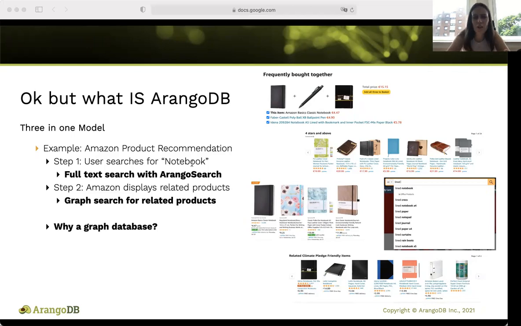But within this, let's get a little bit more specific. Let's say you're on Amazon because you want to purchase a new notebook. When you go to the search bar, you type in blank page notebook. When you hit search, Amazon will pop up a list generated by these key search terms. Within how data is pulled, in ArangoDB, features such as full-text search with ArangoSearch allow users to search specific keywords in over 30 languages in order to filter through products and find specific information.